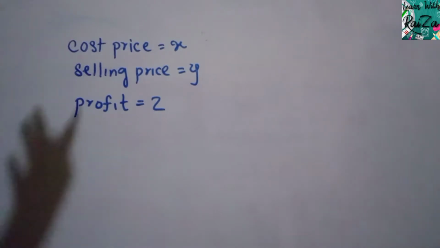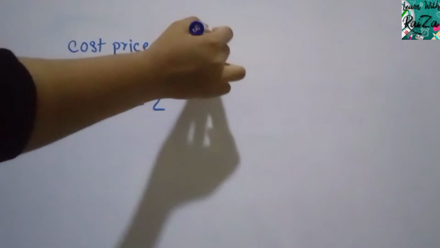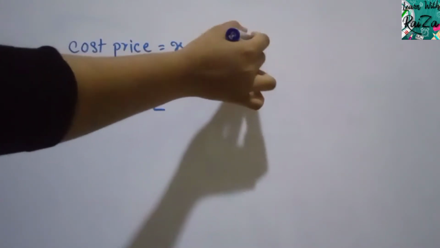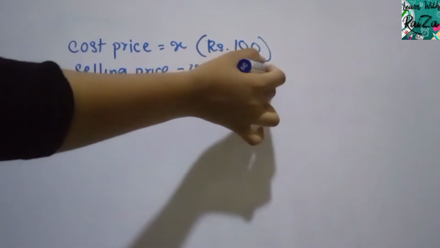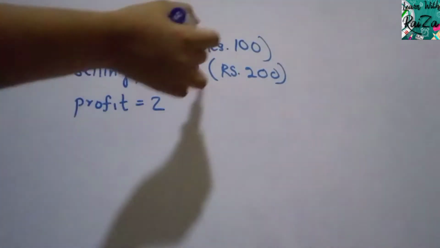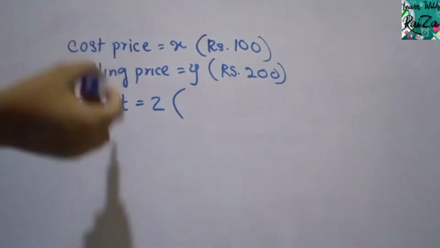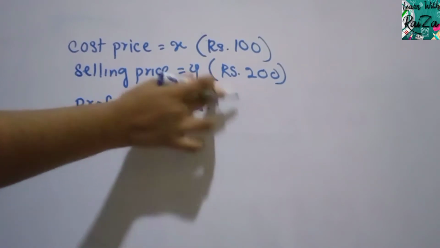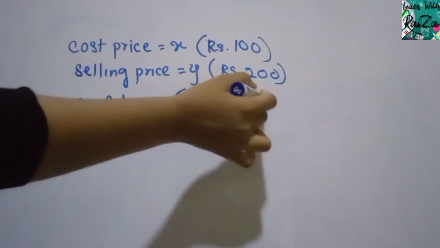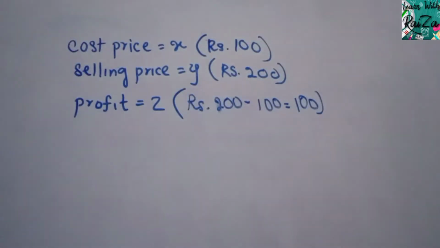So if you are finding it hard to deal with these letters, take a pencil and write an amount. Let me put 100 here, cost price. Selling price, let me put 200, simple, easy amounts. Then what will be the profit? It's very simple. You bought it for 100, you sold it for 200. Then your profit will be 200 minus 100. Let me write it: 200 minus 100 equals 100. So this is an assumption. Keep it in your mind.